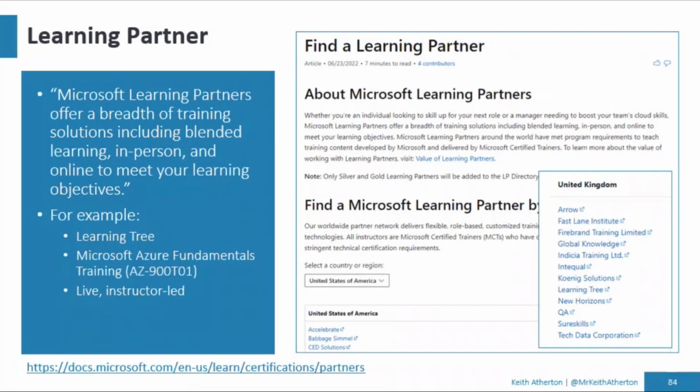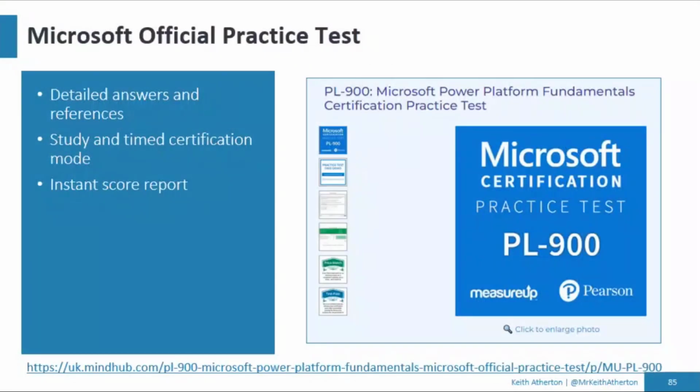And maybe a bit more high-cost option is going with a learning partner, which is typically a third-party training organisation. They'll have an instructor on hand, so you can ask questions, you can drill a bit deeper into areas if you need to. Depends on your budget or your company's budget. Microsoft also have official practice tests themselves, so there's plenty of options there. There are unofficial practice tests available. They may vary in quality, I will say. It's the politest way I can put that one.